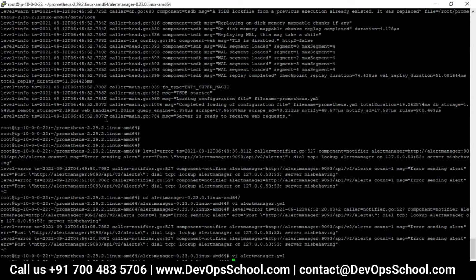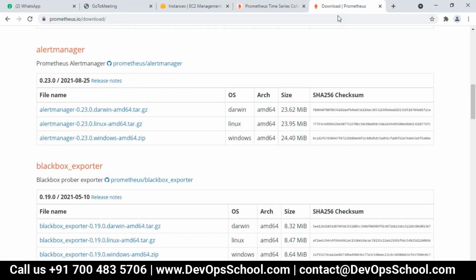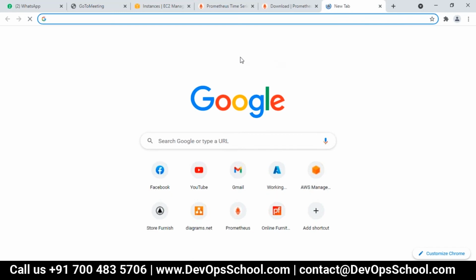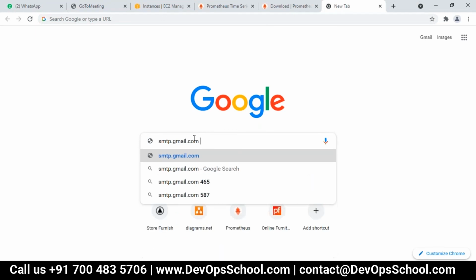This is the domain name of the Gmail SMTP server. If you want to get the alerts on a Gmail ID, you will send an email to the Postfix server of Gmail, which is running on port 597, 587, sorry. So if you search it here,